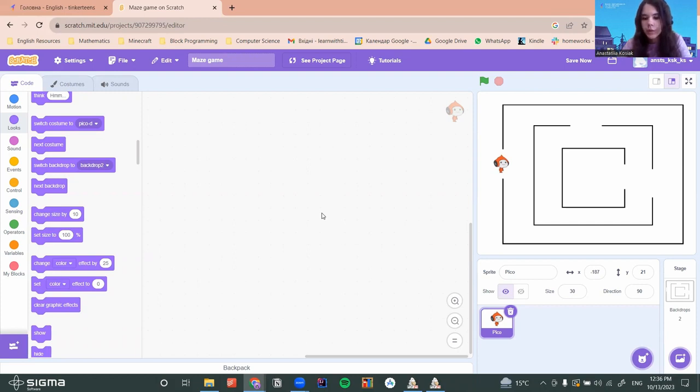I want Pico to move when I press the arrow keys on my keyboard. So when I press the right arrow key, Pico moves to the right. When I press the left arrow key, Pico moves to the left. When I press the up arrow, Pico moves up, and so on. In order to do this, we will need to take a look at how to control the position of your